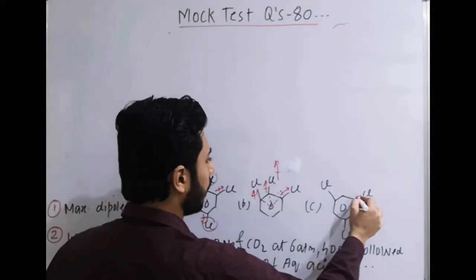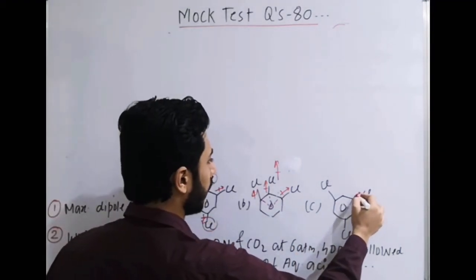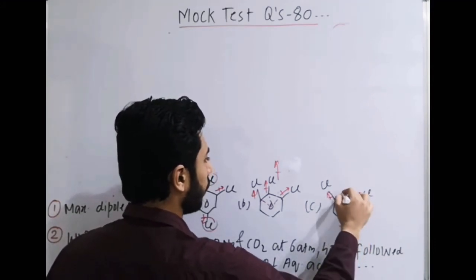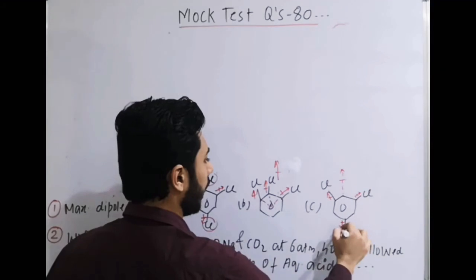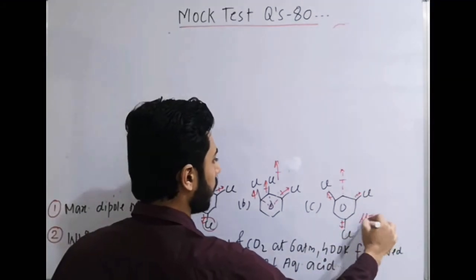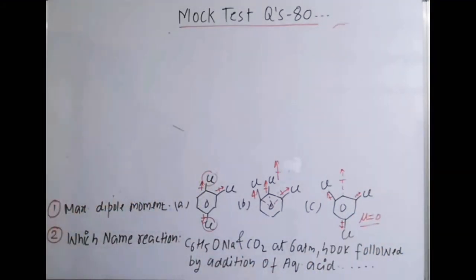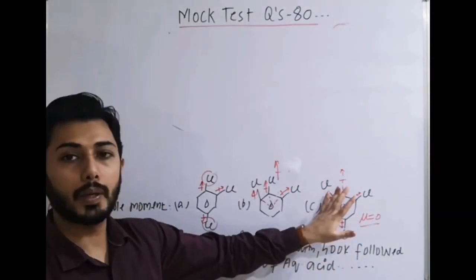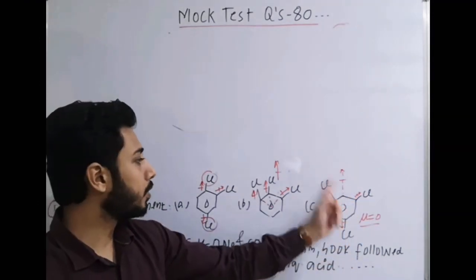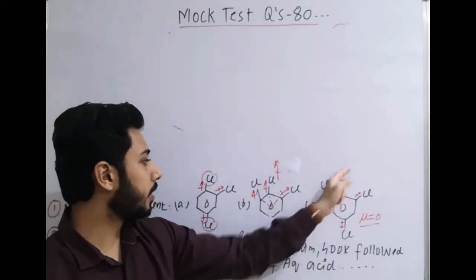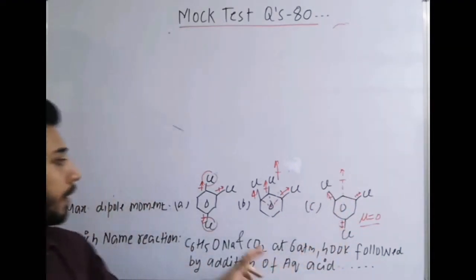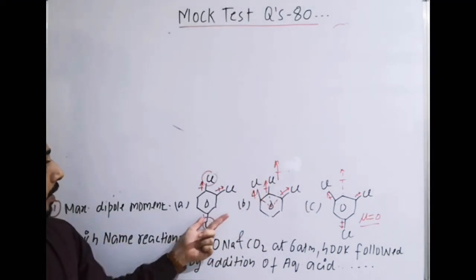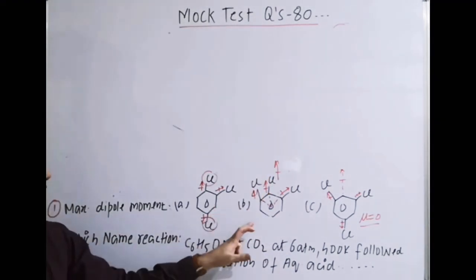And here for this compound, which is symmetrical, net dipole is exactly 0. So the important point is also this one, which is C. Its net dipole is 0. It is a symmetrical planar molecule, so the net dipoles will be cancelled. Between these two it is there, and this will be exactly opposite. And here you can see it is maximum, and here it is less than B. If you have to write the order, it should be BAC.